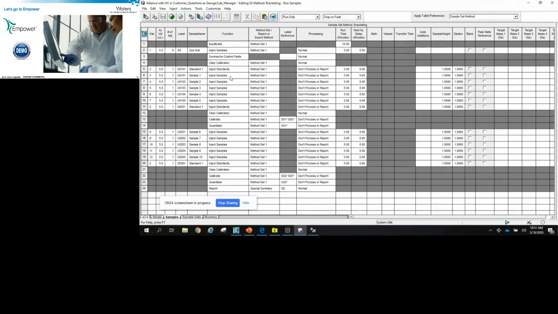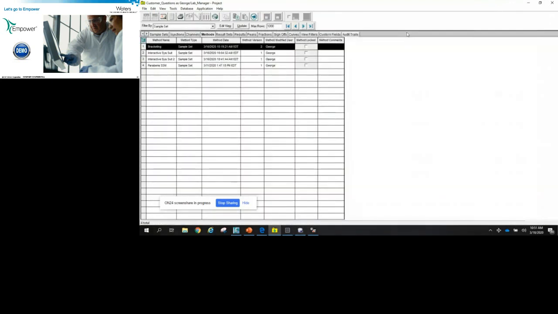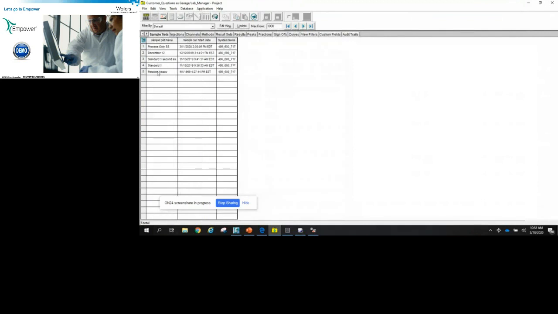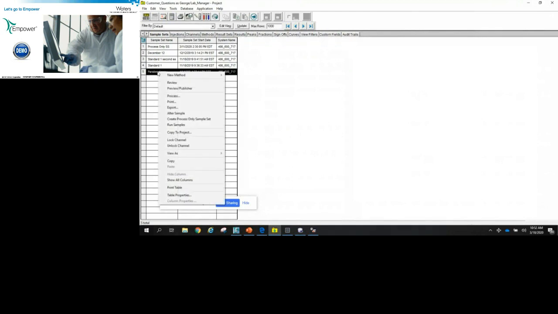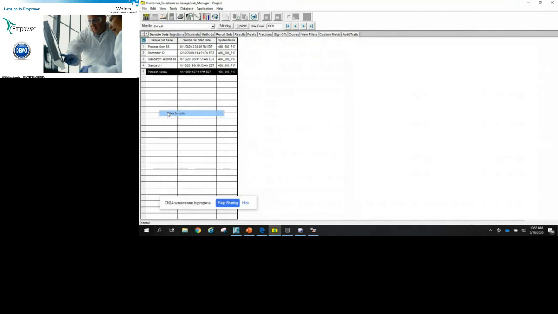There was also a question related to this, in that if I make a mistake and I label something as a standard when it should have been a sample, or vice versa, we can, in Alter Sample, so I'm going to the Sample Sets tab in the project window, and I right-click, and I go to Alter Sample.